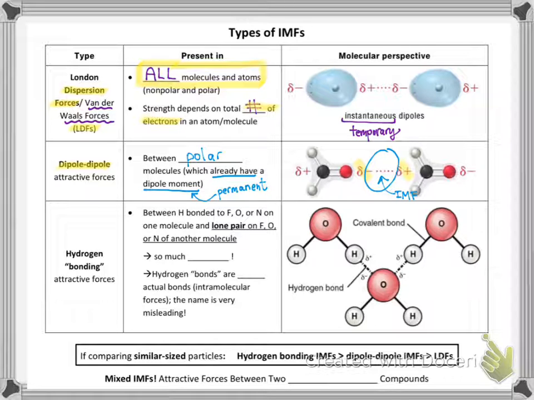Okay, one more IMF. These are known as hydrogen bonds, or hydrogen bonding attractive forces. And I personally think this is the most poorly named thing in chemistry, because technically hydrogen bonding is not a chemical bond. What? Nope, it's just an IMF. It actually gets pretty close to a chemical bond, which is where the name comes from. It's very strong. It's basically a super strong dipole to dipole attractive force. But a hydrogen bond, that attraction, is not a covalent bond, despite the name.